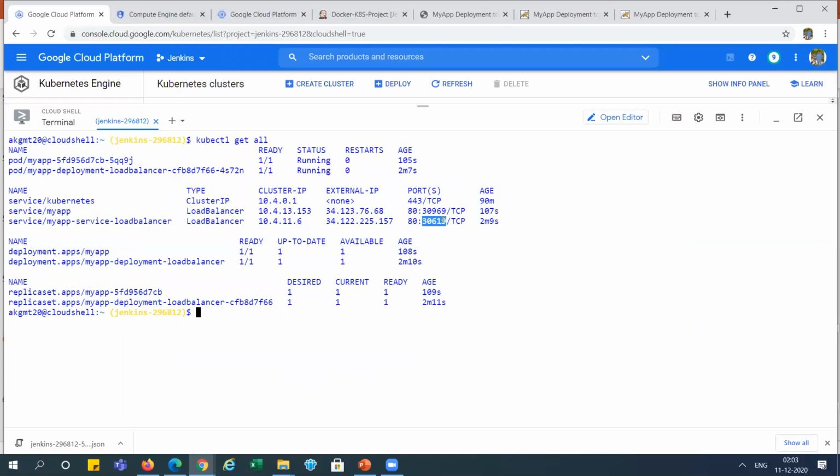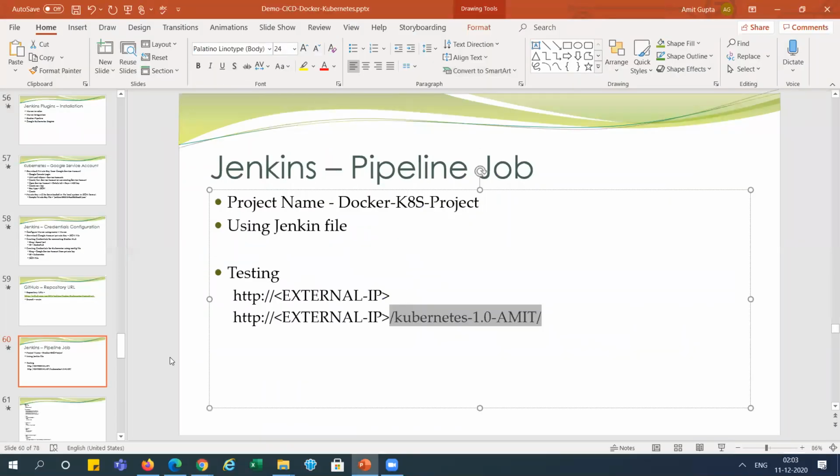I think you can try that. I mean to say, my application will work with this external IP because the service type given is load balancer, not cluster IP, right? The load balancer only works in Google Kubernetes services, or in Amazon Elastic Kubernetes Service, EKS, on AWS, right? So we have done this thing.